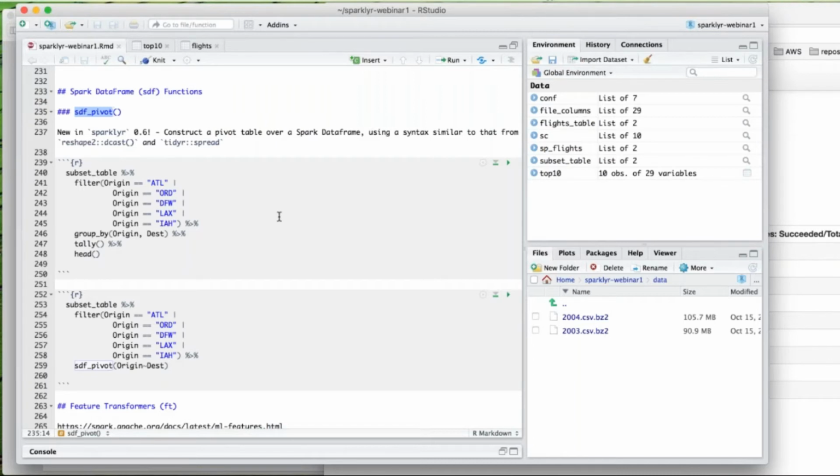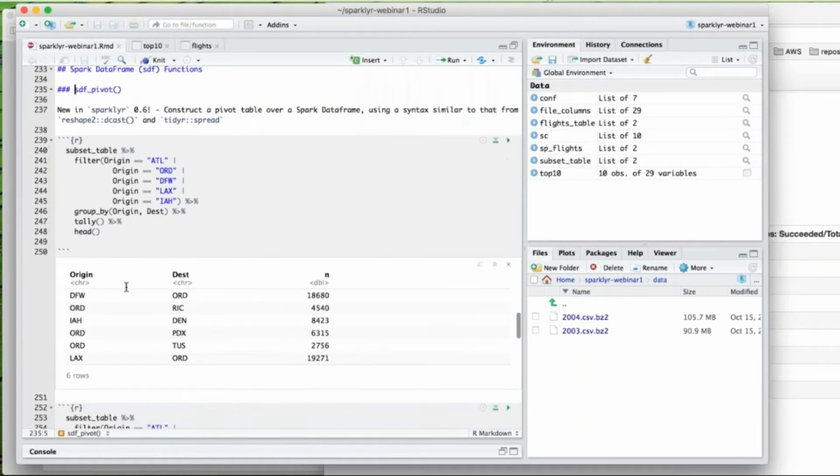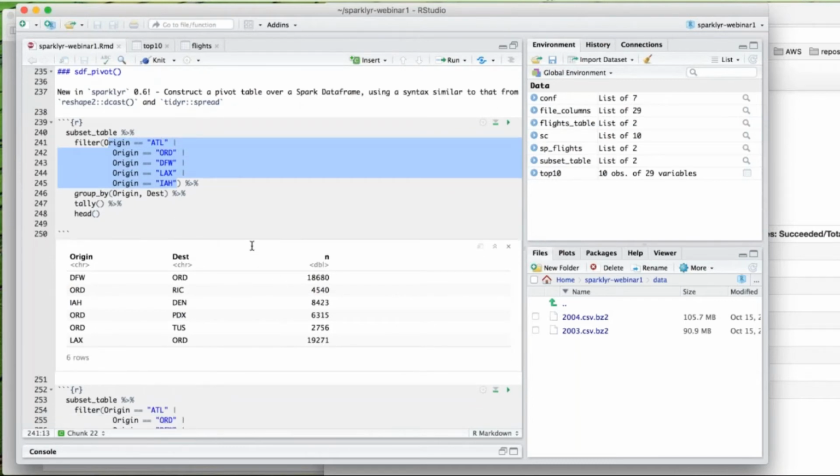So now with sdf_pivot, you can do basically the same operation. And for those of you that haven't used spread yet, I want to show you basically the concept of it. So here, if I were to group the data by origin and destination, I'm taking my top 5 airports, and then I want